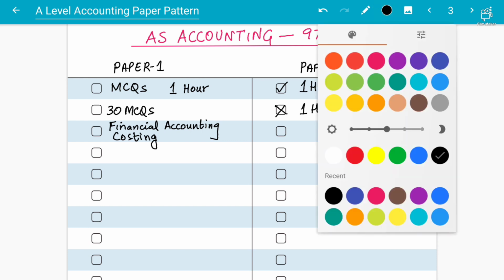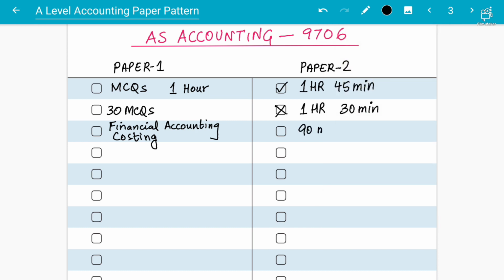It is basically a 90 marks paper, and 4 questions are being asked. In this they ask you 4 structured questions, and theory, numerics and analysis parts all come. We'll discuss them in the next part. So 4 questions they ask in this paper of 1 hour 45 minutes.